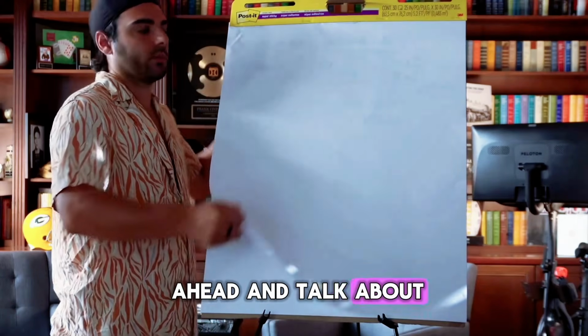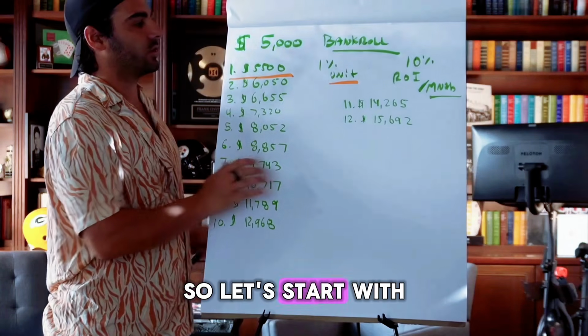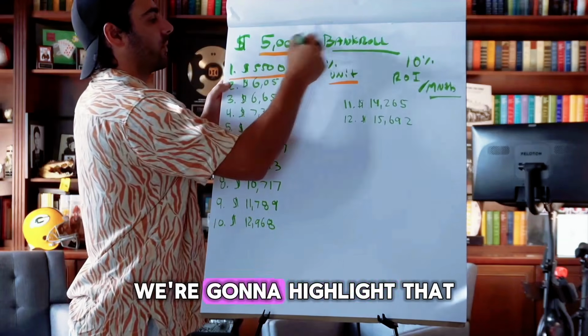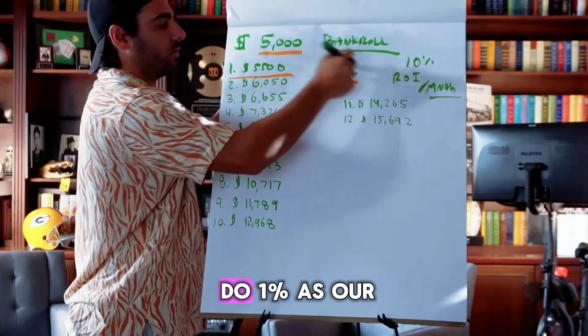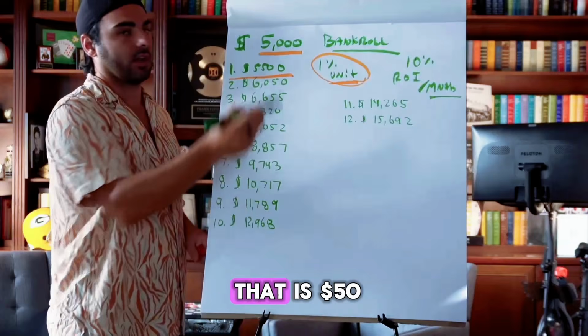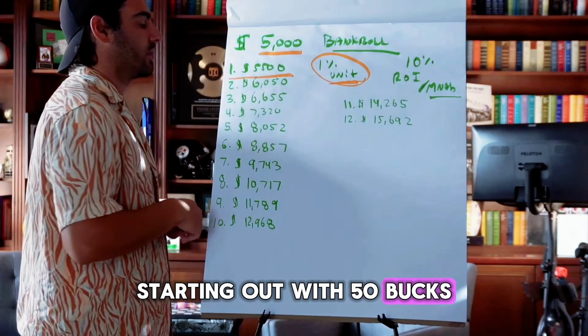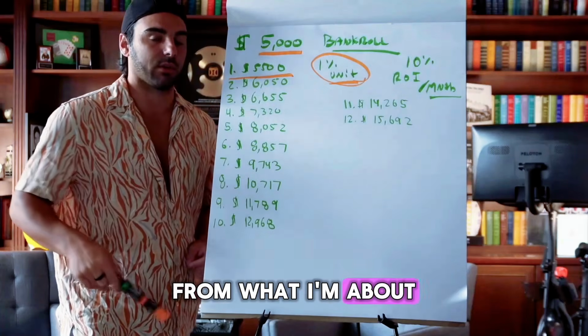All right, so let's go ahead and talk about compound interest, how we're going to apply that to sports betting. So let's start with a $5,000 bankroll, okay? This is what we're going to do. We're going to highlight that. $5,000 bankroll is what we're starting out with. We're going to aim to do 1% as our unit size. All right, 1% of that is $50. That's what you're starting out with, okay? Starting out with 50 bucks. So this is the most conservative level that you could get right here from what I'm about to show you,